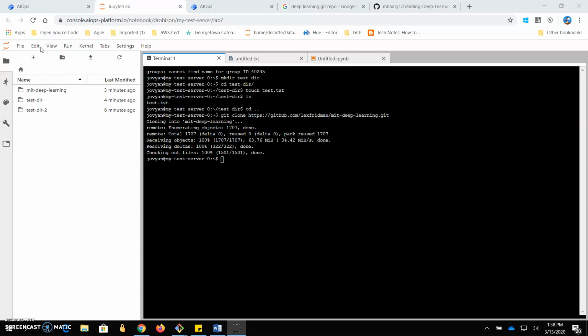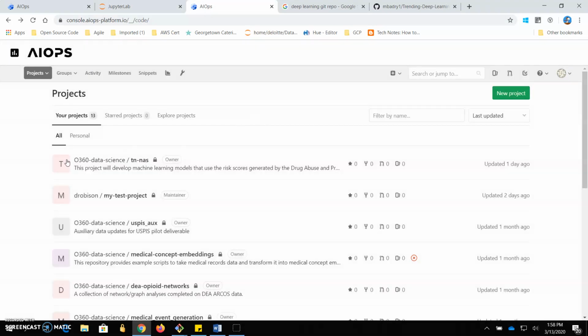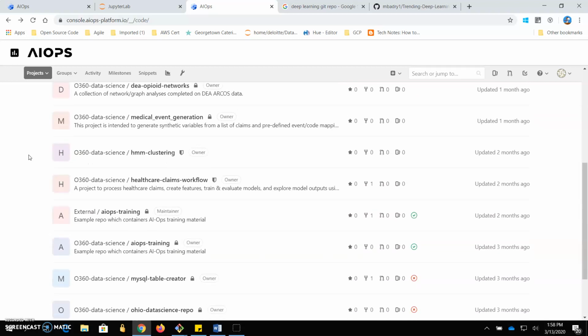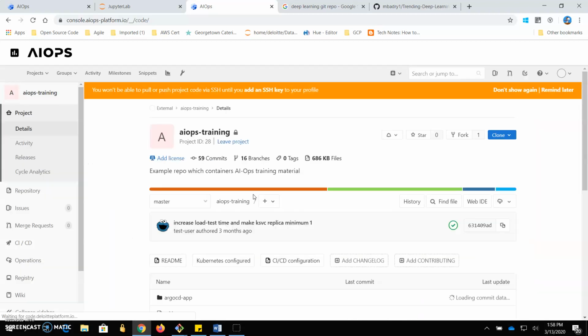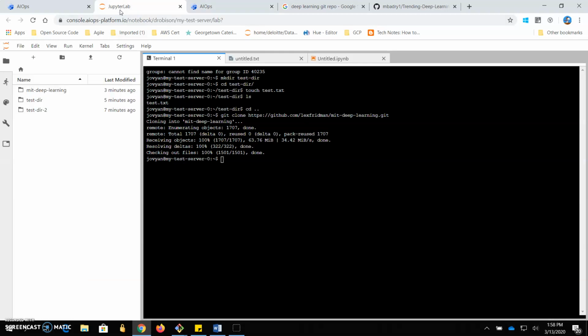You can go to the toolbar and click on Code, and you'll be in the AIOps GitLab space. In this case, I'll use our AIOps training Git repo. And again, I'll take the HTTPS path to it. One thing to note is that although SSH is available, please only use HTTPS for cloning. So again, similar to before, I'll go in here, I'll use the git clone command, I'll use shift insert to paste it in,